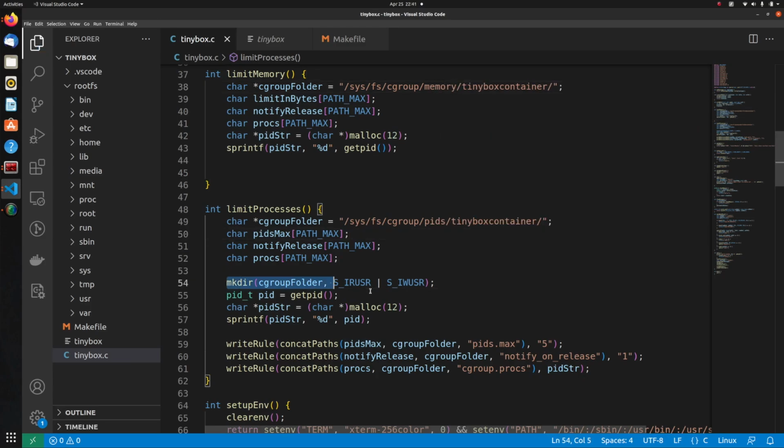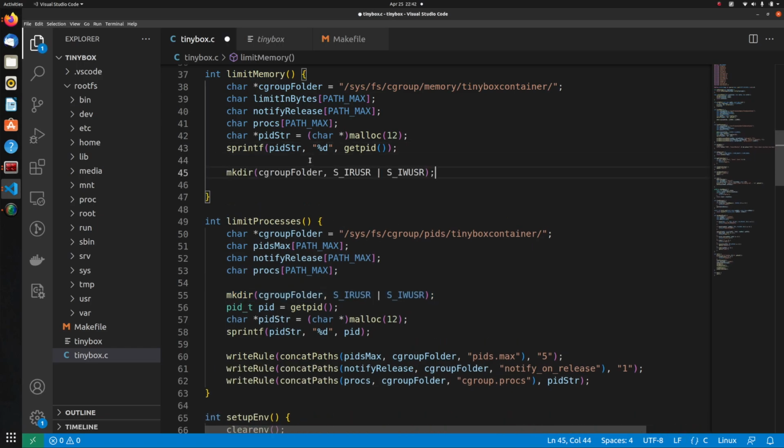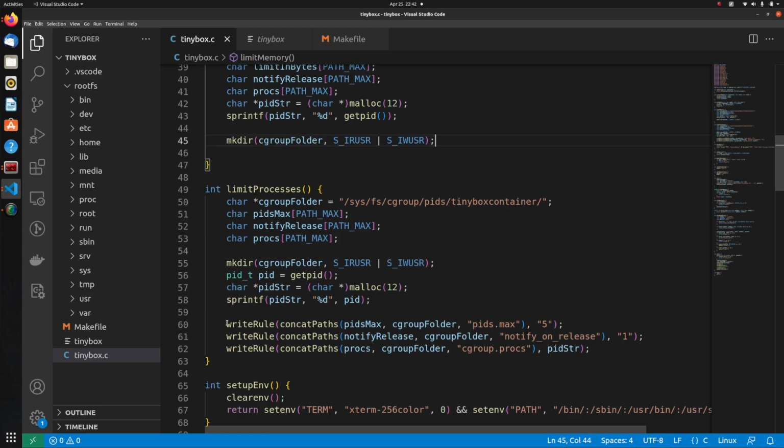The next thing we'll do is create this path, which is Tinybox container. Let me adjust my mic once. Yeah, that is Tinybox container. And then after this is done, we will simply copy these 3 write rules